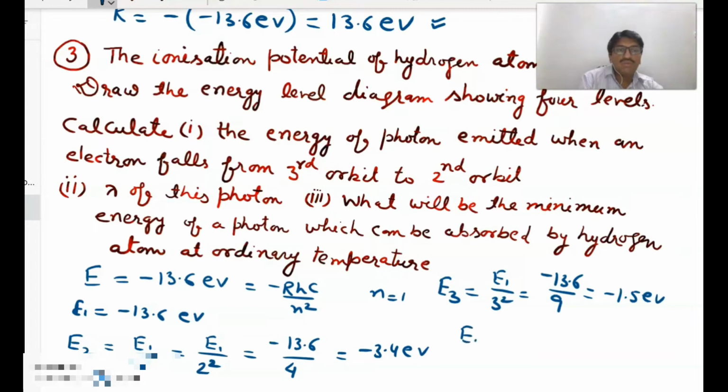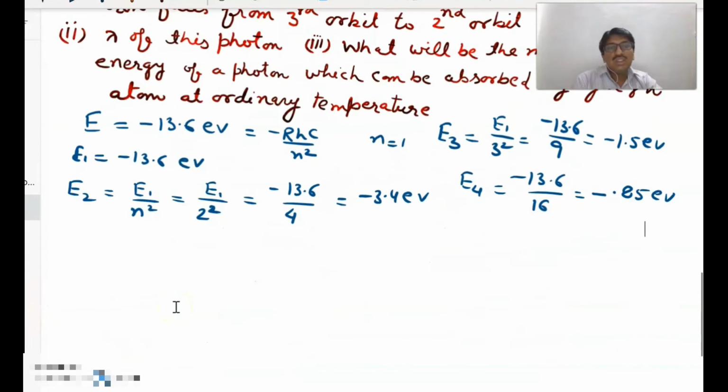And fourth level energy should be minus 13.6 upon 4 square, means 16, and it becomes equal to minus 0.85 electron volt. These are the four level energies, and we can see that the difference between E1 and E2,